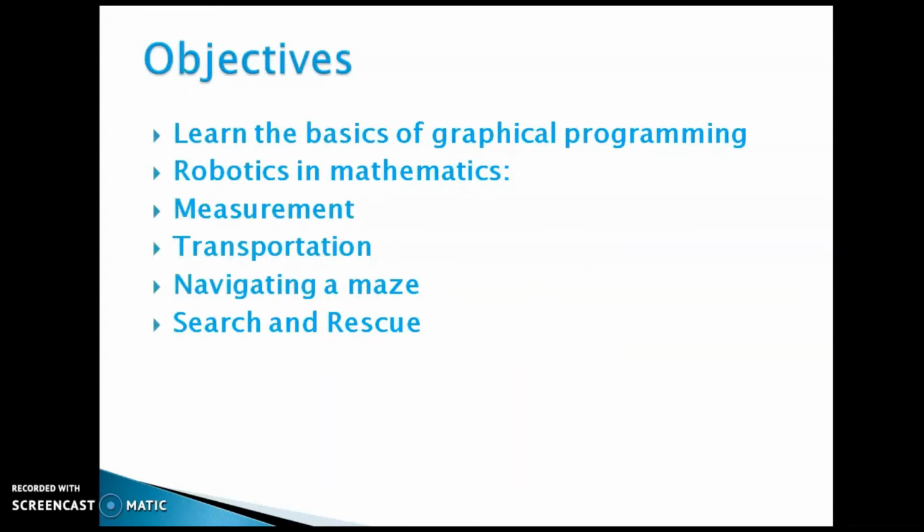The objectives of today's lesson are that we will learn about the basics of graphical programming, robotics and mathematics. We're going to go from very elementary, foundational ideas using graphical programming, very easy programming, as we'll get onto. And we will be exploring robotics and mathematics: the act of measurement, transportation, navigating a maze, and search and rescue. These are all things that I think kids will be familiar with, and they'll be fascinated by